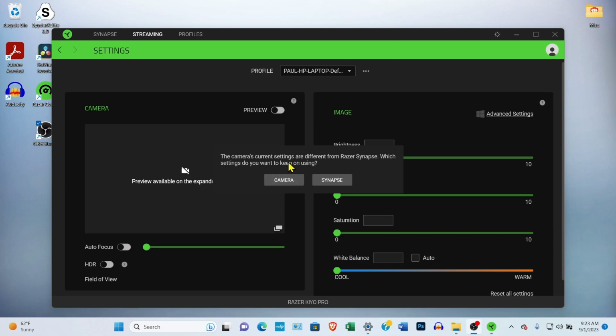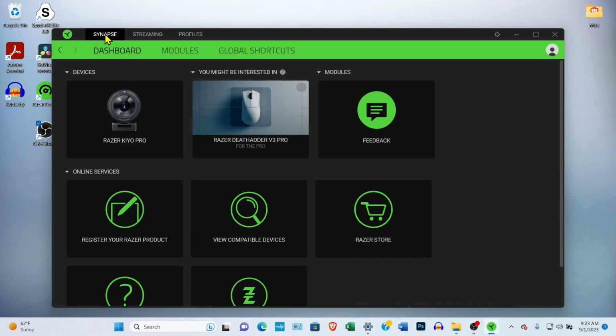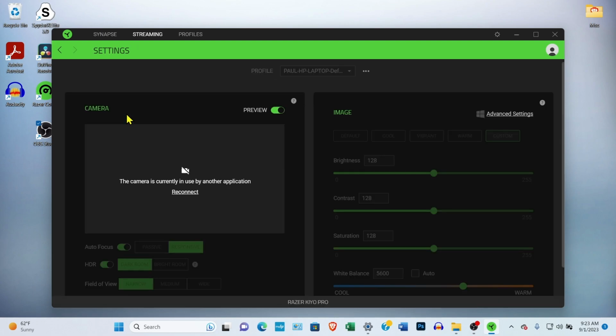Sometimes this little window will open up, sometimes it doesn't, and it's just asking if you want to keep the camera settings or the Synapse. I just come up here to the upper left-hand corner and select Synapse, and then you'll select the Razer Kiyo Pro icon, and then this window is going to come up